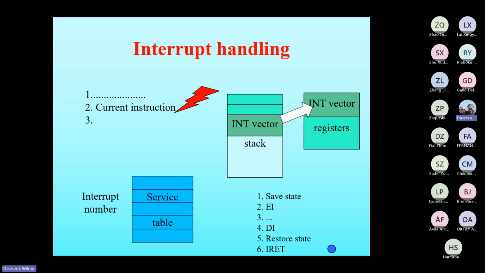And finally, the instruction IRET is executed. IRET is interrupt return. It does almost the same as return from a function, the return instruction. It does some additional things. Namely,